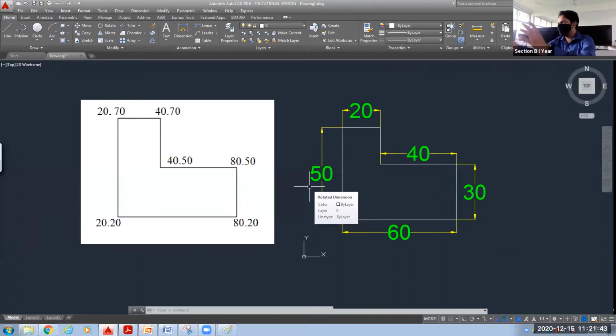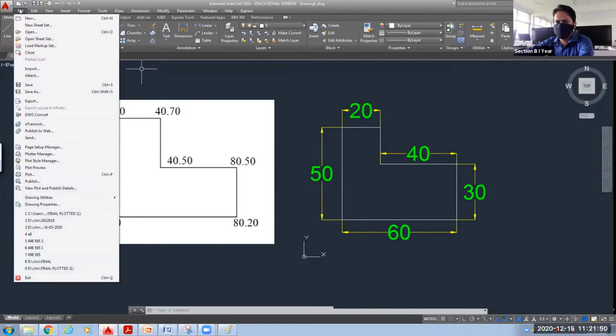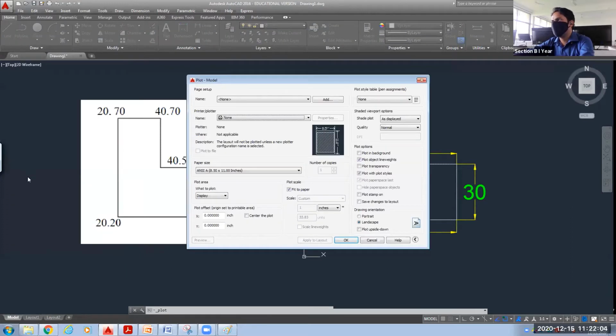Okay. So let's see how to do those settings to take the printout. For that, you have to go to this File option. You will see the Plot option is there. Control P, the same shortcut key that we use in Microsoft Word. You have to click that Plot option.